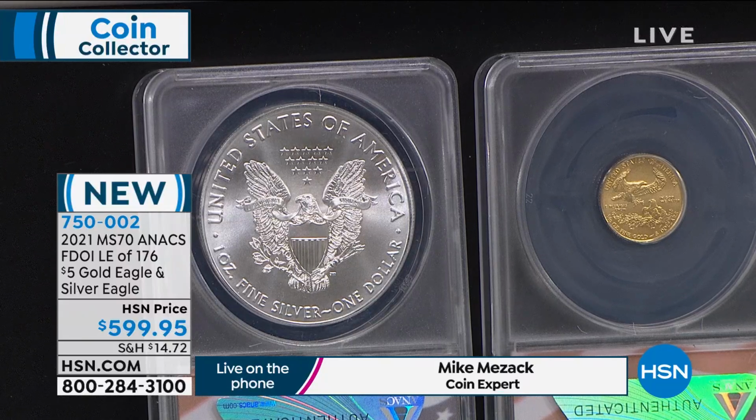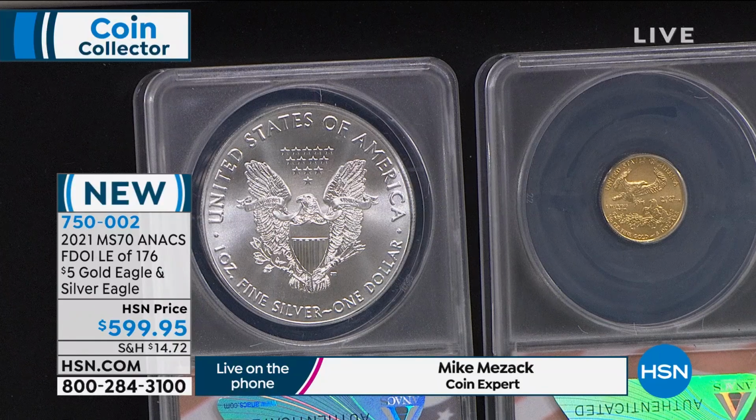In stock, ready to go. Like I said, only about 6 pairs remaining. I wish I could have done 1,000 pairs. We did 170, and that's it. So you do get the red presentation box. The item number is